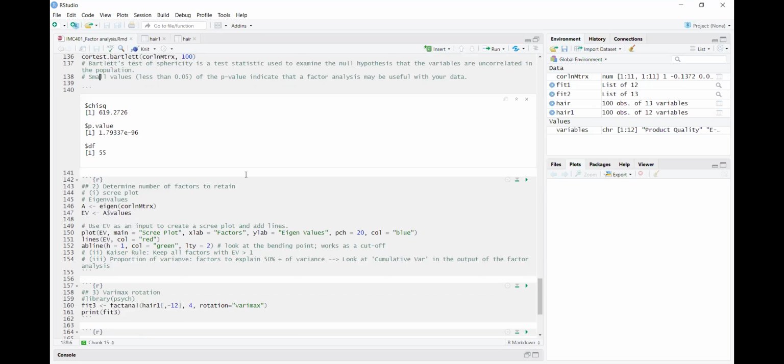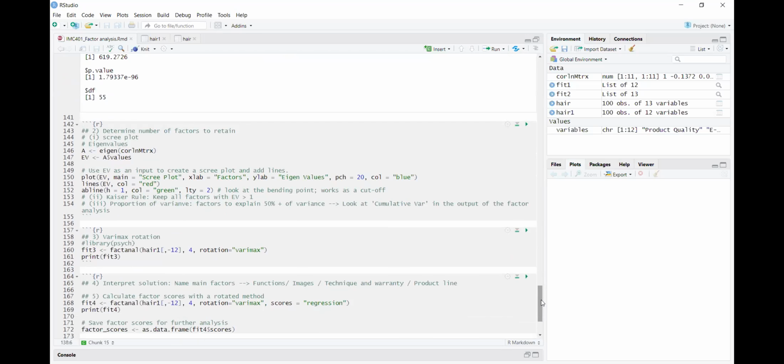So we are running the factor analysis then. The second step in the factor analysis is to determine the number of factors. One way to do that is using a scree plot. This is the syntax. We first have to create the eigenvalues, since we are using eigenvalues to create the scree plot. This is the function eigen, which produces the eigenvalues, and we are using the correlation matrix to get them. So if I run this code,